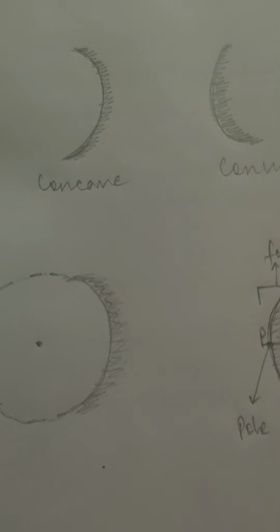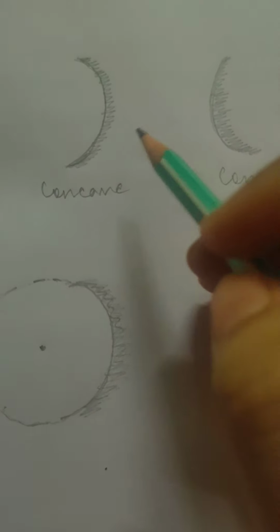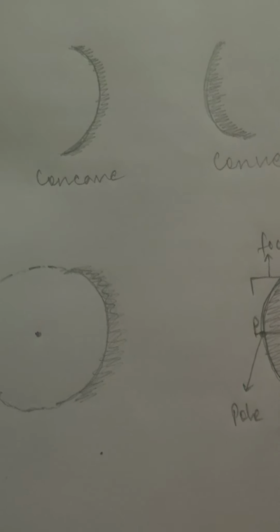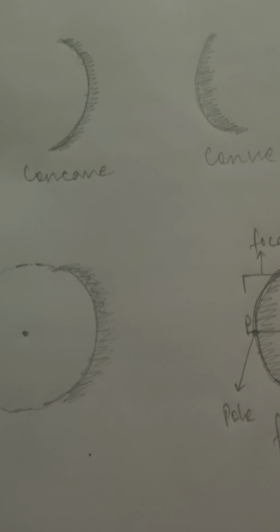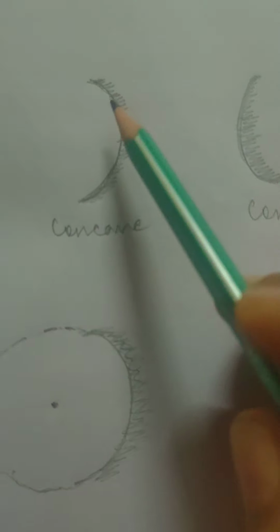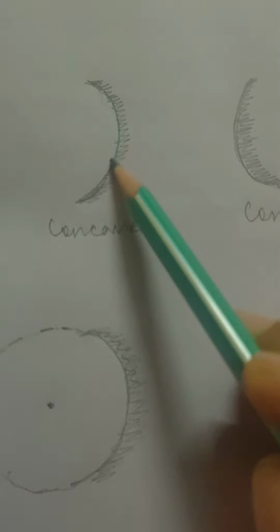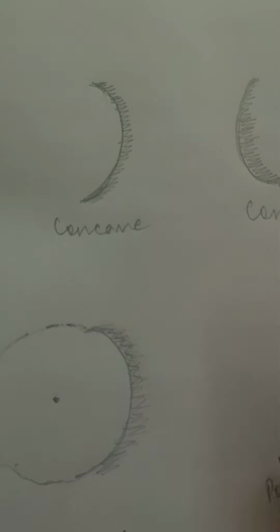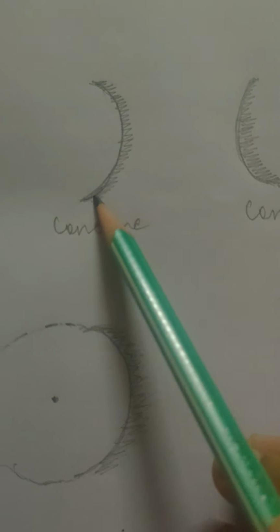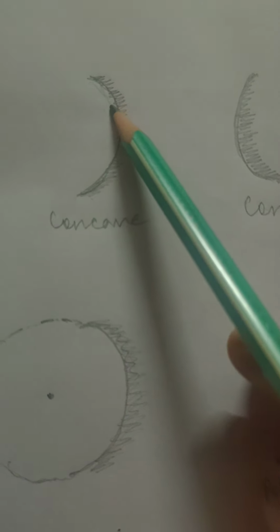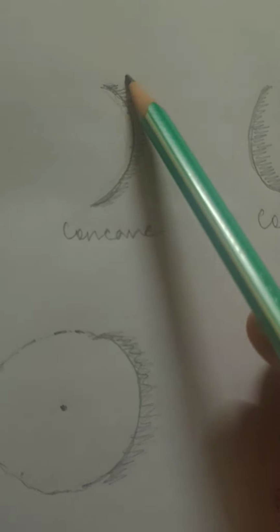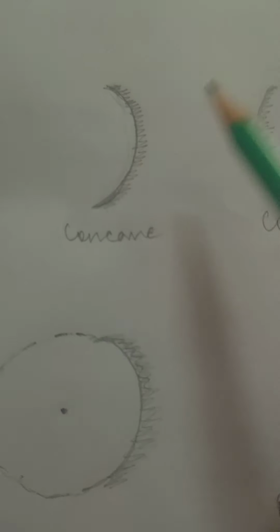What is a mirror? A mirror means anything which has a polished surface. Polished surface means, see, if I take a glass and paint it on one side, then on the other side I'll get a polished surface. In the same way, if I take this shape of glass, a spherical shape of glass, and paint it on one side, then this side will become my reflecting surface, isn't it?